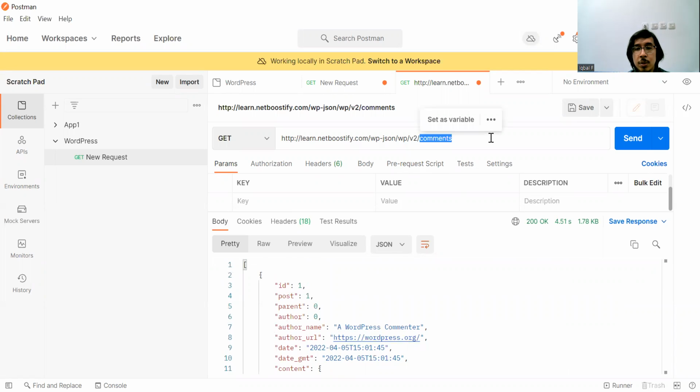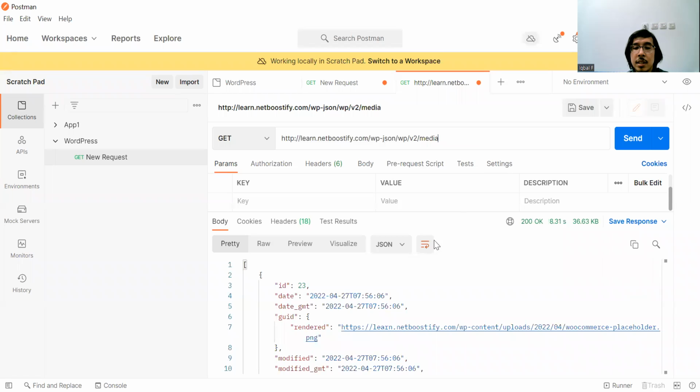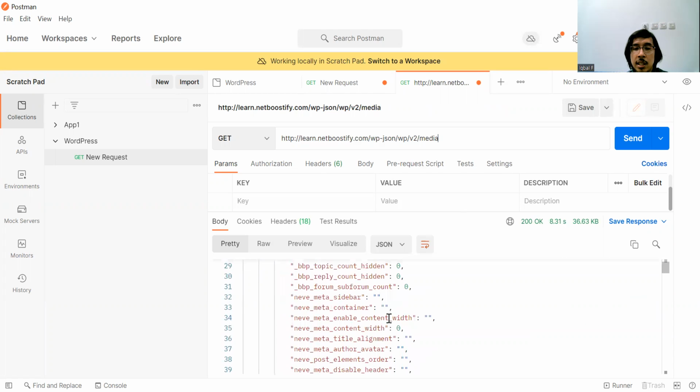Also, if you want to take a look at media, for example, if you want to put several images on a WordPress application and show them in another external application, you can use this, media. So here we are with the media.